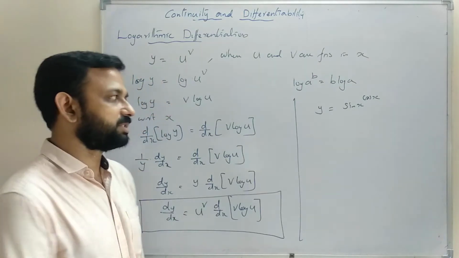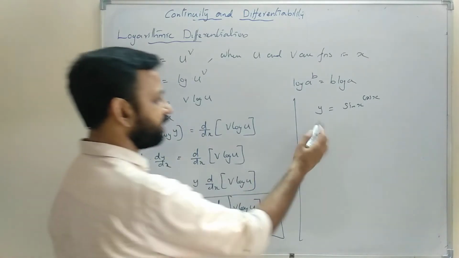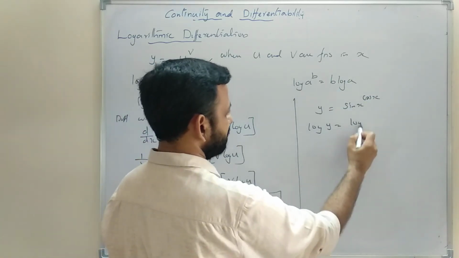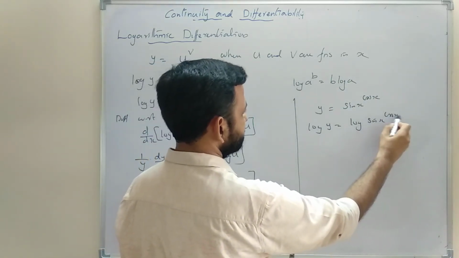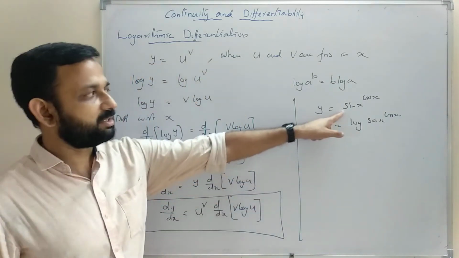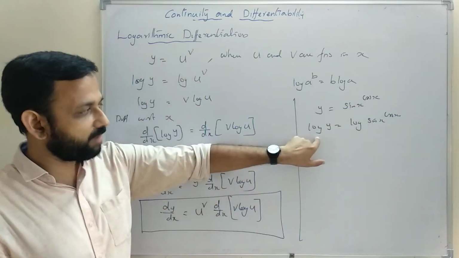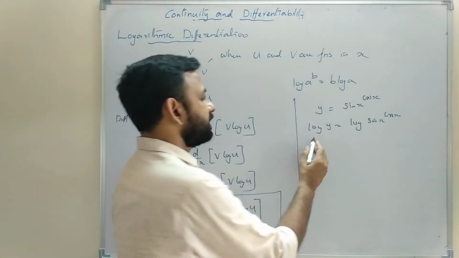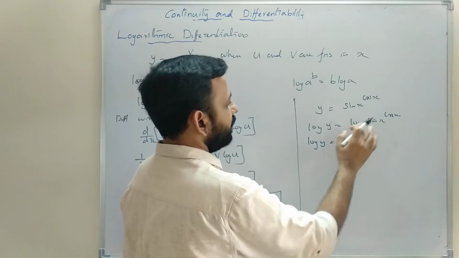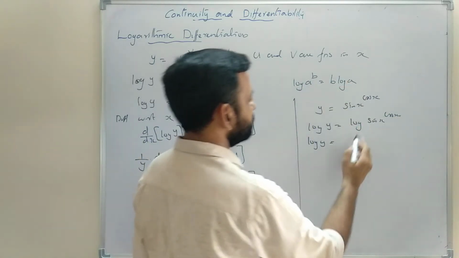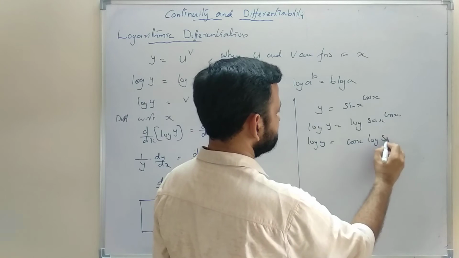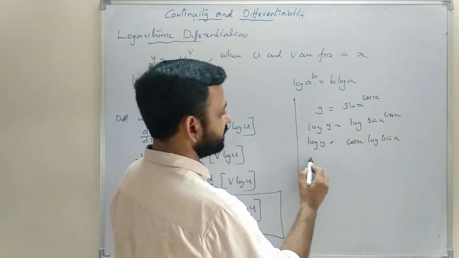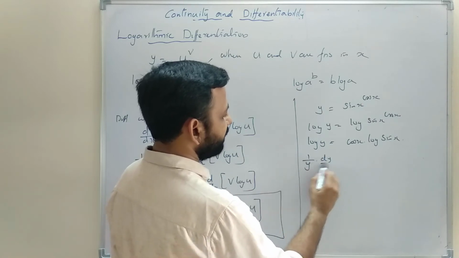Suppose we want to find the derivative of sin x raised to the power cos x. Then if we use this formula, one method is to take logarithm on both sides. y is equal to sin x raised to cos x, then log y is equal to the logarithm of RHS, log of sin x raised to cos x. Using log a raised to b equals b log a, we write cos x into log sin x. Now we can differentiate with respect to x, 1 upon y into dy by dx is